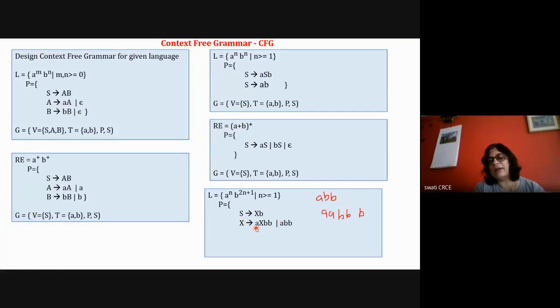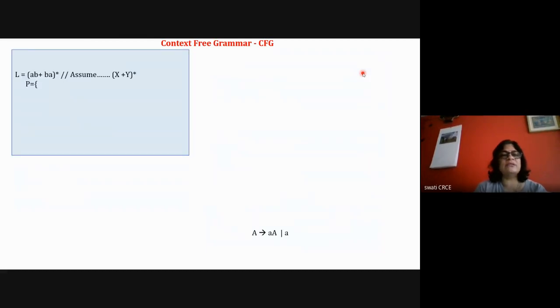X is equal to 1a, if on the left hand side there is A, then on the right side 2b will come. Okay, so this way you have to solve. All the problems are to be converted into a raised to n, b raised to n or a raised to n. And so you need to remember only two, and then you can solve the problem. You just have to apply your logic. It is very interesting problems. All the problems are very interesting. You have to apply your logic. It is not something which you have to learn by heart. It is like something that you have to solve.